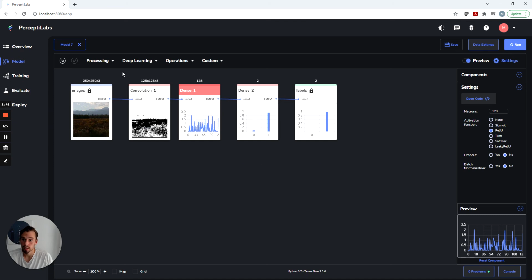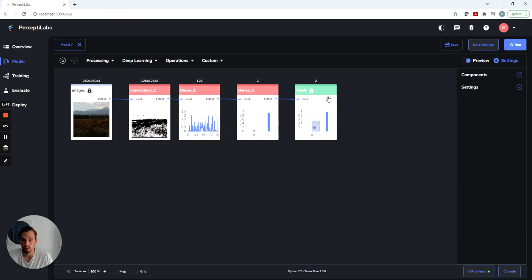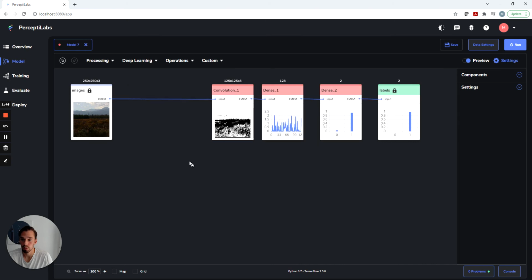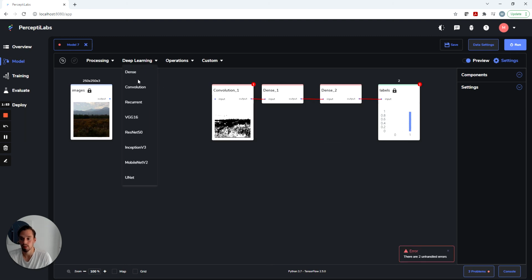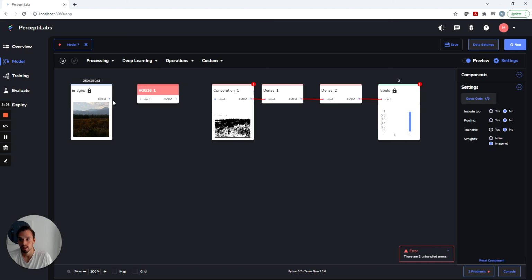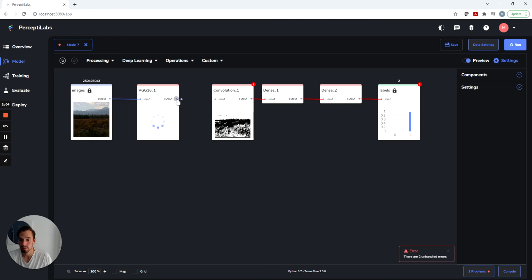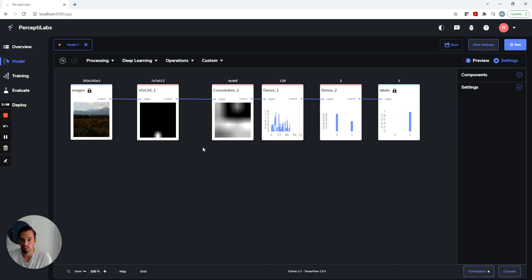So what I'm going to do today is, as I said, show you how to use transfer learning. So what I do is that I simply remove this connection between the input images and the first component, and from this drop down I select one of the pre-trained models that comes with PerceptiLabs, and let's use, for example, VGG, which is a great model. And then I just simply connect the input and the output here, and we can see how this pre-trained model